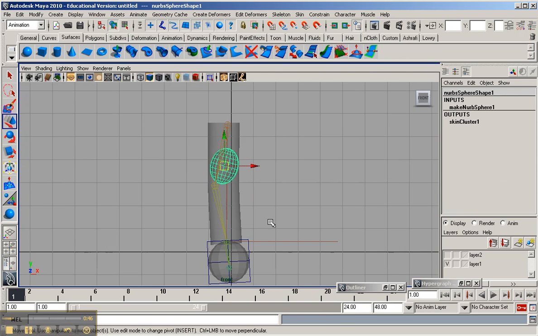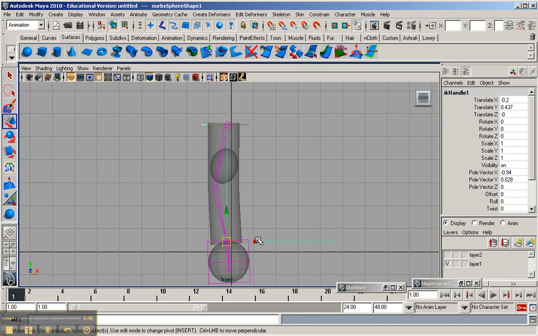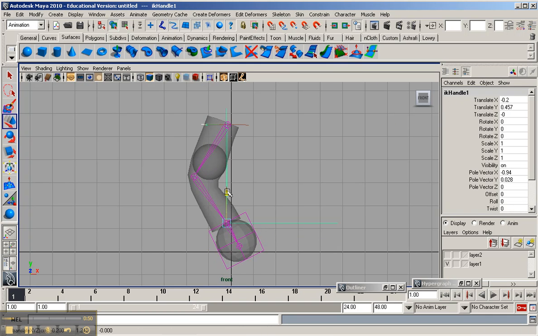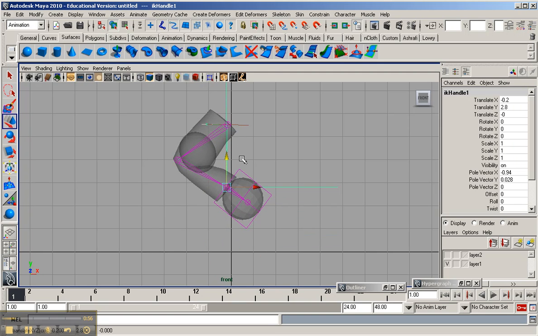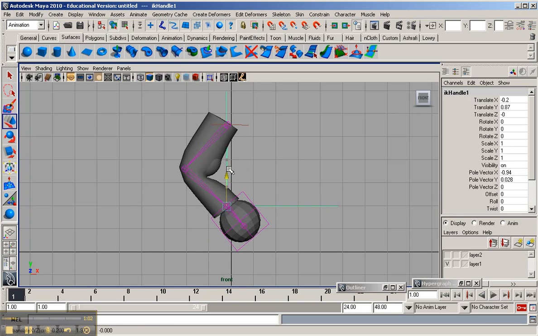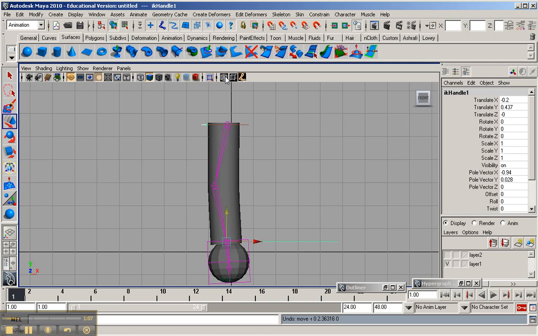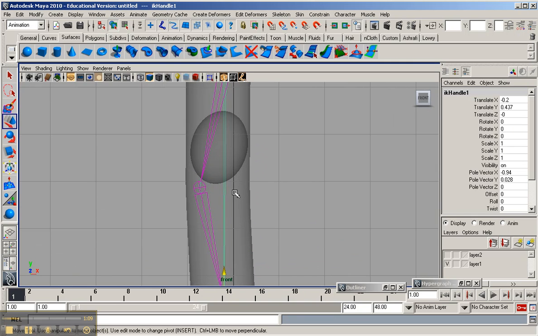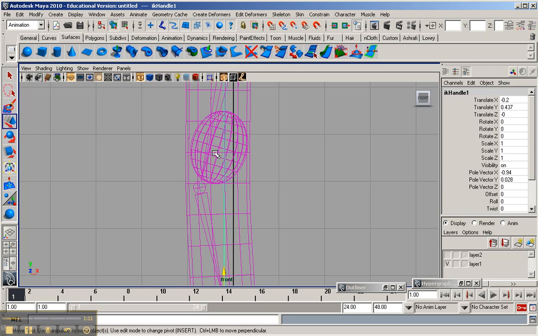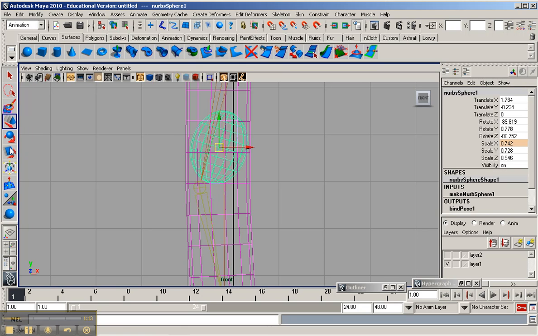So now if I go ahead and select the IK handle and move this up, you see how it's influencing the main geometry. Only problem is that you see it kind of coming through the geometry here. What you might want to do is go in here and maybe scale that down a little more,